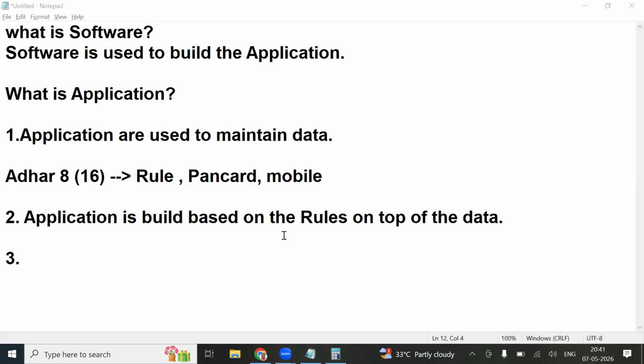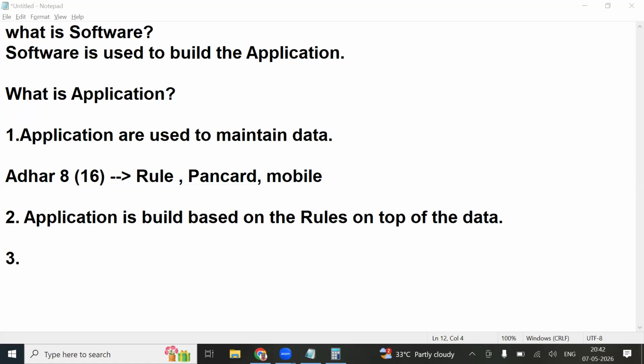To handle data, what do we need to build? Application. Now you all understand what is software, what is application, what is data. For the past 25 minutes, I'm talking about data. You all got the clarity? Bhargav, Gayatri, Praniti, Priyanka, Rohini, Rushi, Sailesh, Yogesh, you all got the information about what is data? Yes, you all understand what is data, right?